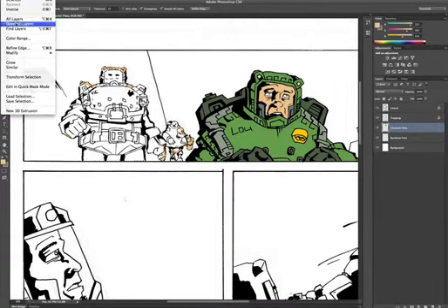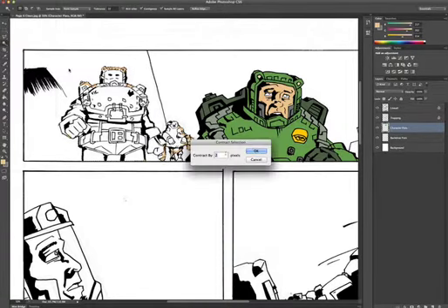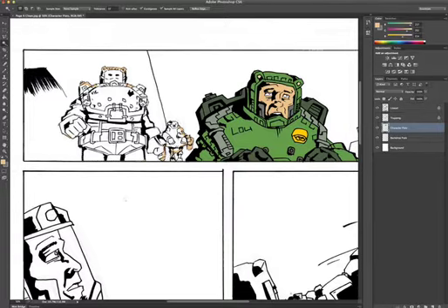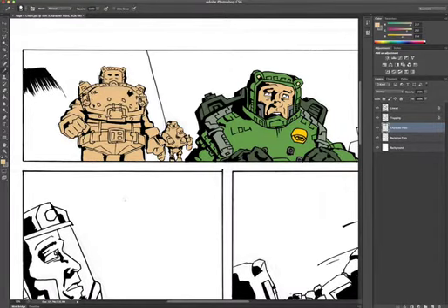Same as before, we'll bring the selection in somewhat. So we're going to contract that, bring it in by 2 pixels. And then exactly as last time, we're just going to fill that with the foreground color. You can use the Alt key and the backspace key together to quickly fill that without having to use the paint bucket tool. Now, when I brought those in, it's brought the frame bit here just slightly in too far,